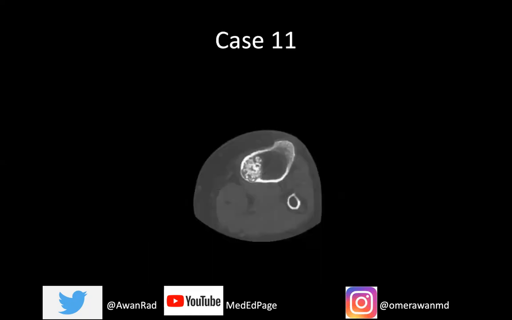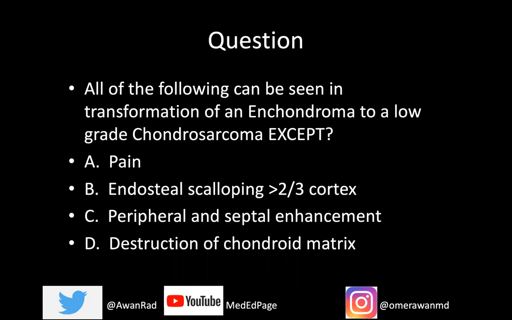Case number 11, you have an axial view through the lower leg. There's a lesion here in the tibia, right? Looks like there's rings and arcs matrix mineralization here. This is a chondroid lesion. All the following can be seen in the transformation of an enchondroma to a low-grade chondrosarcoma, except, well, we know